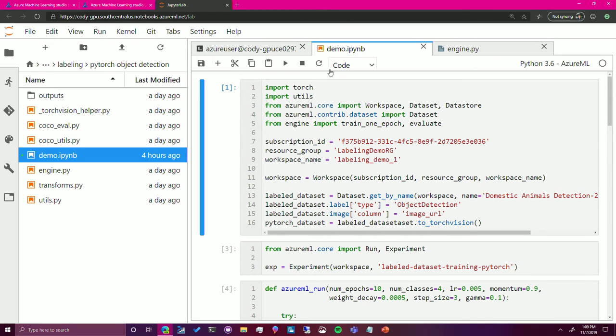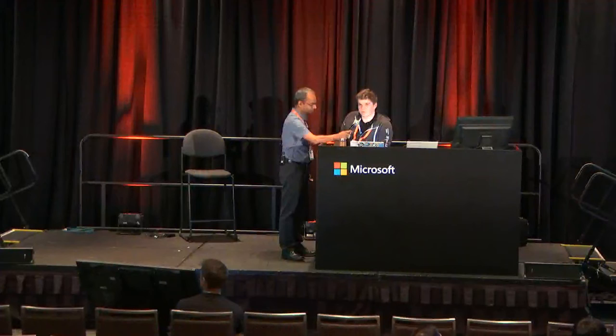Fortunately, there's not a ton I have to do. I just took some existing code from one of the PyTorch examples, made very few modifications, added some Azure ML code for tracking, and it just works. I can also scale this out or submit it to remote compute. Depending on my task, I may or may not be able to scale it across multiple GPUs as well. So let's go through the code. I'll start in this demo.ipynb, which runs through everything.